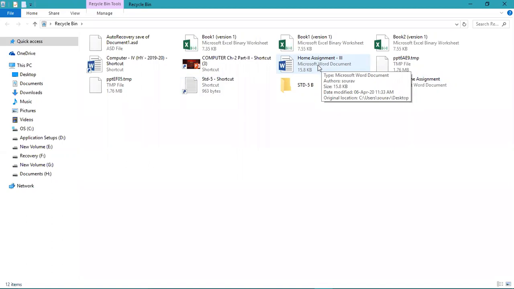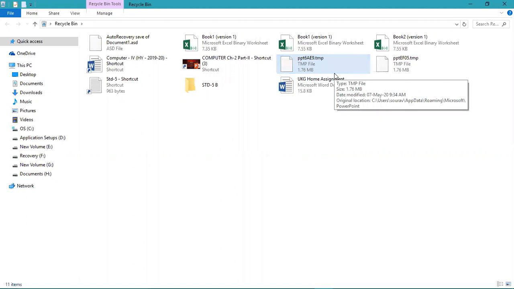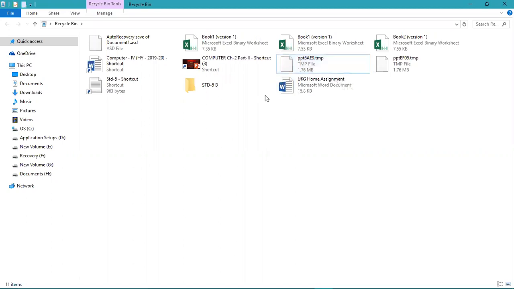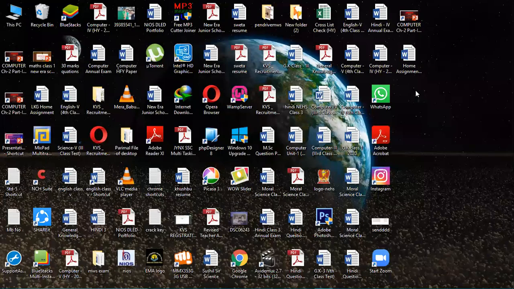Now if you want that file to be restored, then for restoring the file, you need to right click on the file and then select the restore option. When you click on the restore option, the file is removed from the recycle bin, because that file has gone back to its original position. So let's see whether it has been restored or not. From the desktop, we had deleted that file, and you can see that here is the file. This is the file which we have deleted, and that has been restored again. So you can restore a file from the recycle bin if you have deleted it by mistake.